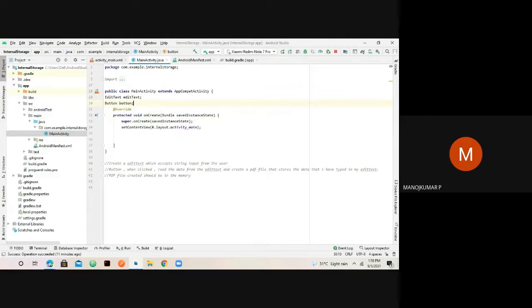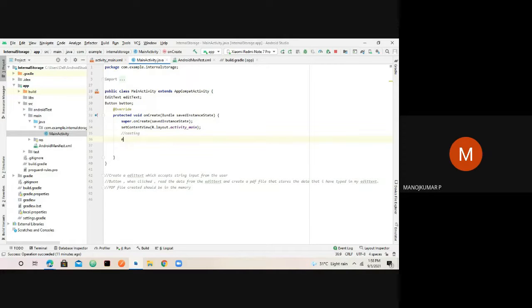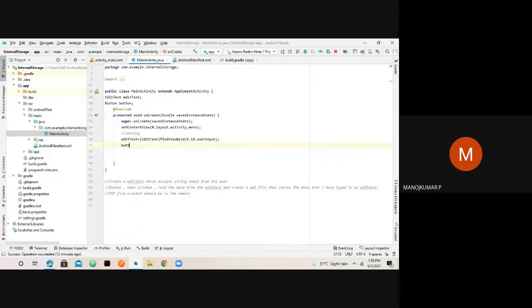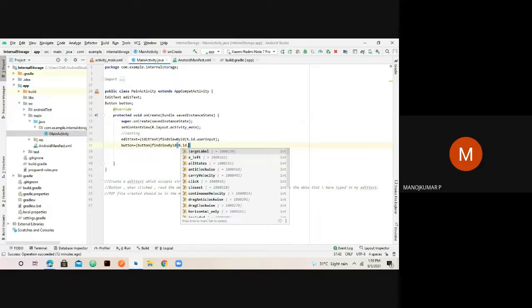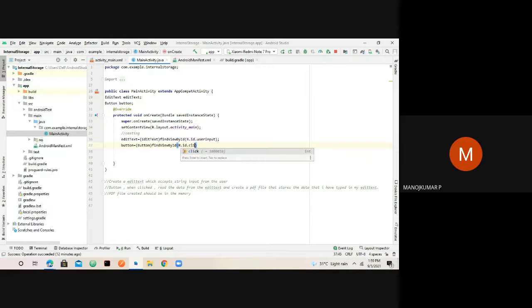Let's say button. Typically, we'll do this typecasting here, or we will introduce every component through the unique ID, right? So I would say we will use the method called findViewById that helps us to do this thing. And I would say user input. So you have to properly give the inputs here. And likewise, the button has its own unique ID. The button, findViewById, and say click, if I'm not wrong. Okay. We have set things here.